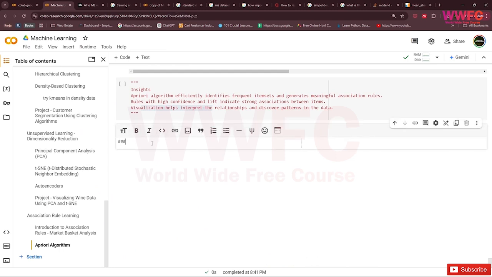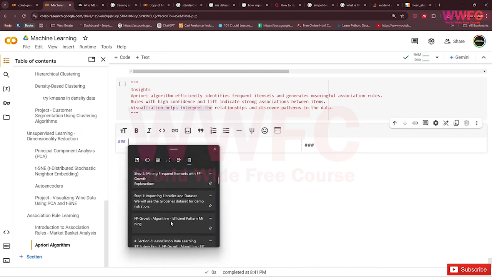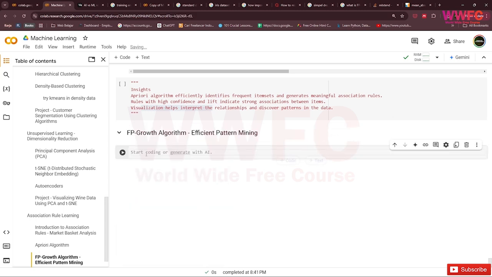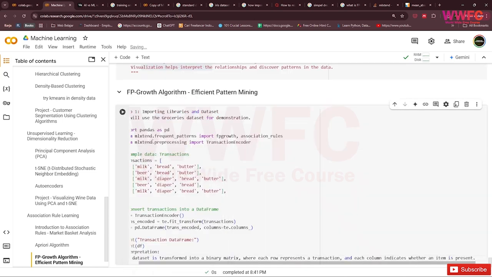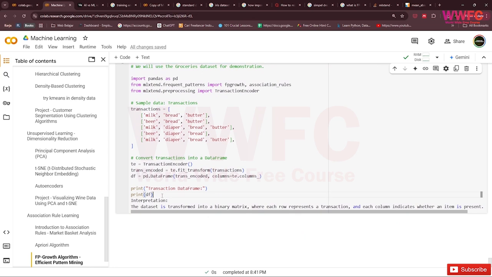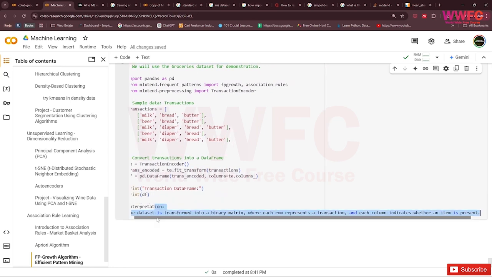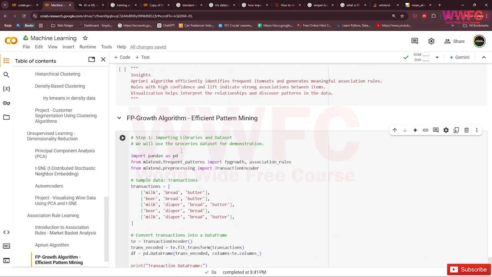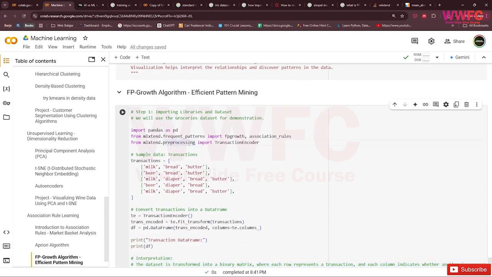This is the answer. So importing libraries and the dataset, we will use the grocery